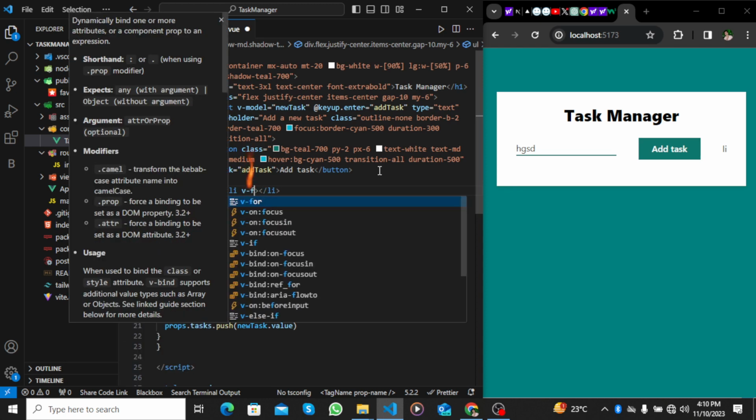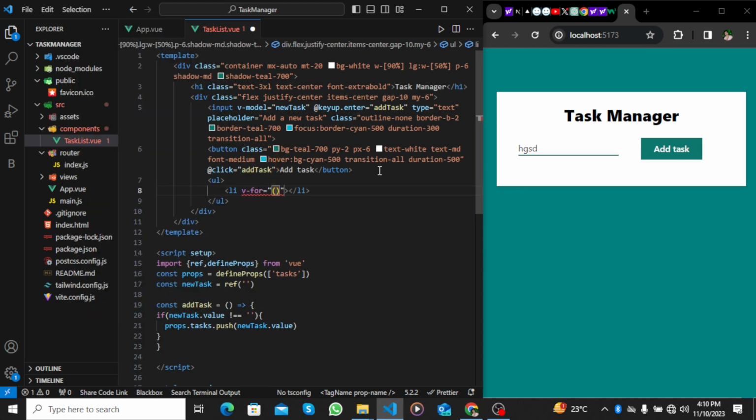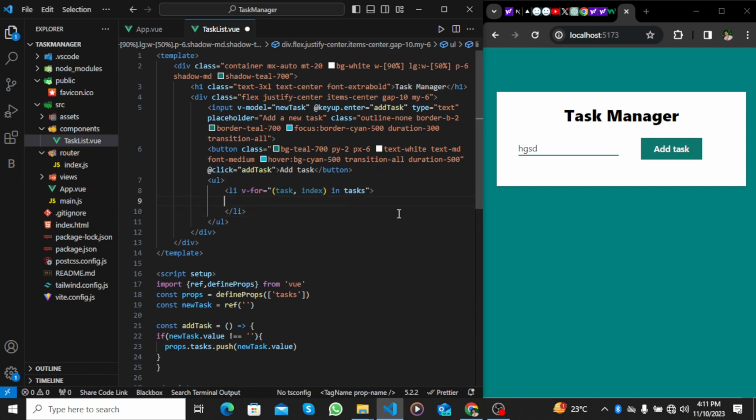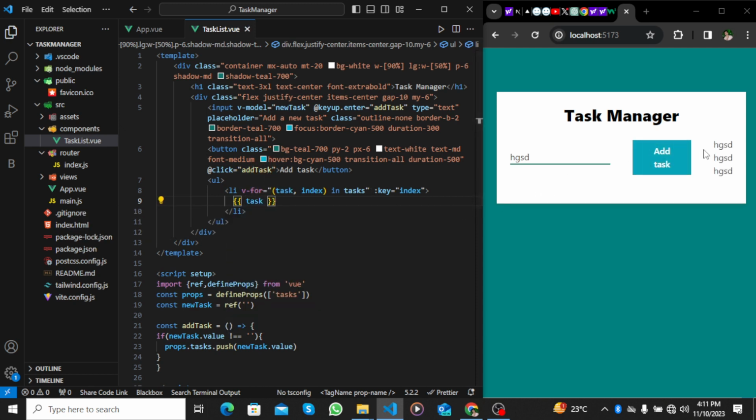Here I need v-for, so I say task and also index in tasks. Basically it's tasks, which we accept as props from the other component App.vue. So here I show one more thing I need, key, so index. Yes, here I show the task, you see,